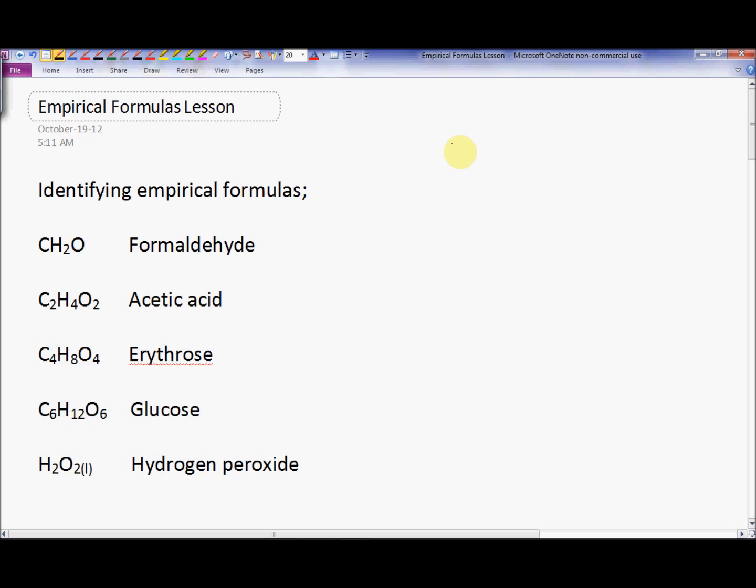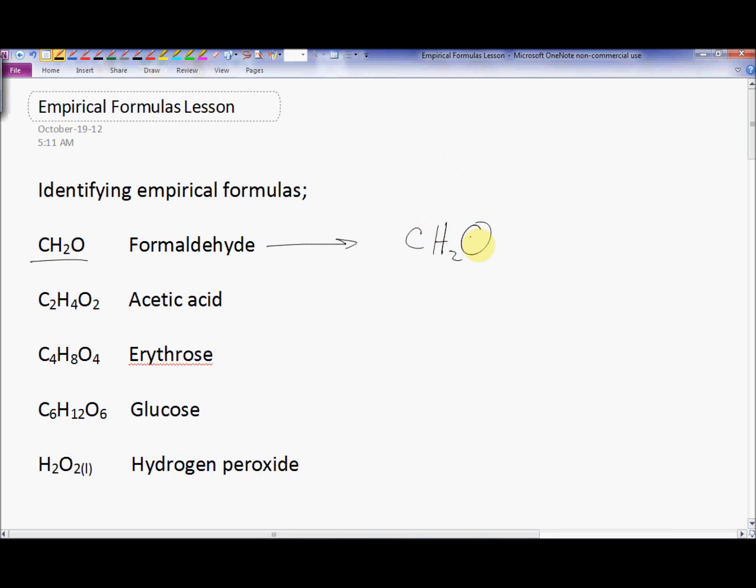Here we go with empirical formulas. Empirical formulas are formulas for compounds where we have the lowest number of atoms that still achieve the ratio of atoms that we're looking for. So for example, here we are with formaldehyde. Formaldehyde's formula is 1 carbon, 2 hydrogens, and 1 oxygen. So formaldehyde is actually already in its empirical formula format. So the empirical formula for formaldehyde is